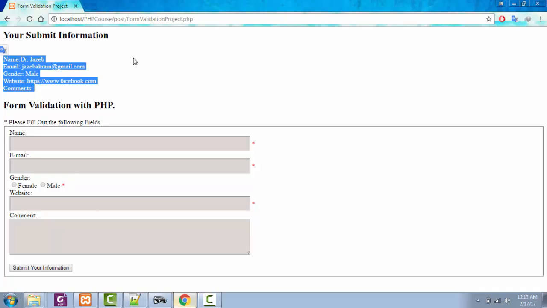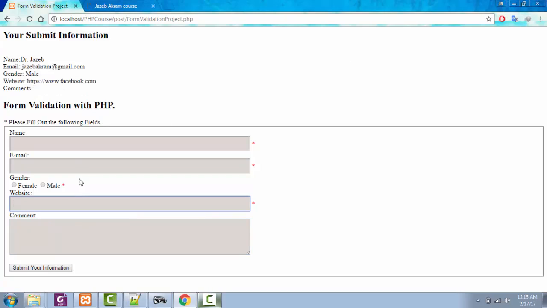By this lecture series of form validation project, you got the full command and grip on your forms. Now you can do anything you want, but we haven't made it to the database yet. So we are going to see the other aspect of this project in our database chapter as well. You can apply more style on this form, but I'm going to leave it for now as it is. This is the course of PHP, not CSS.